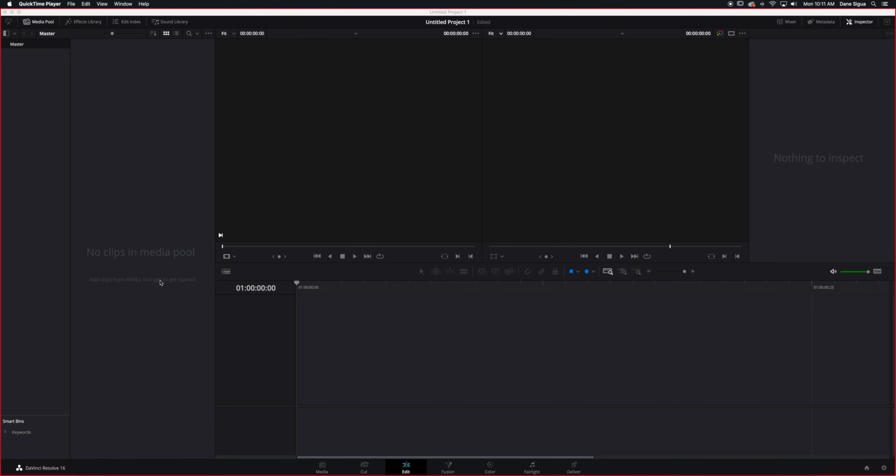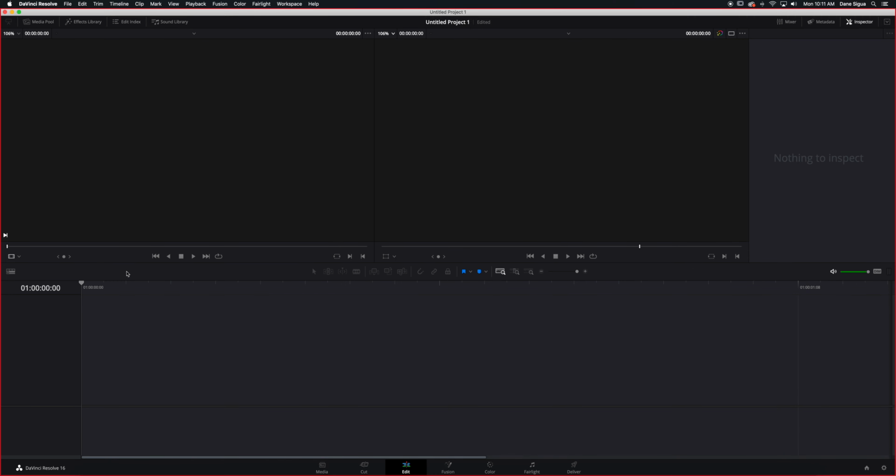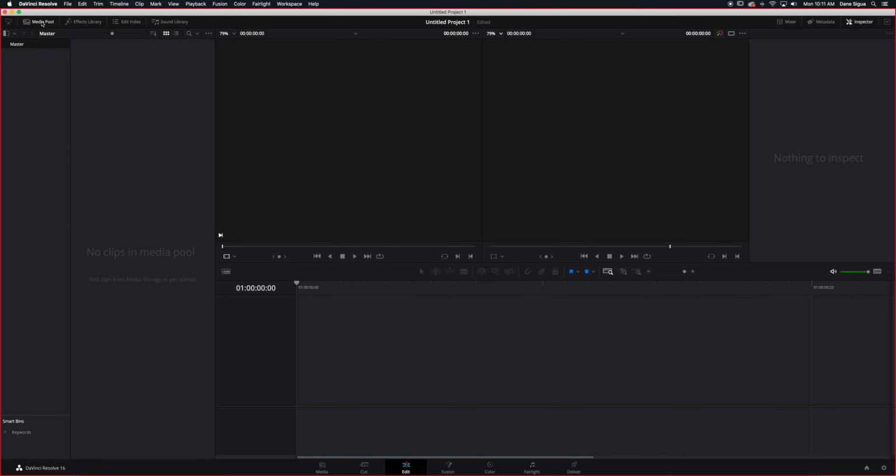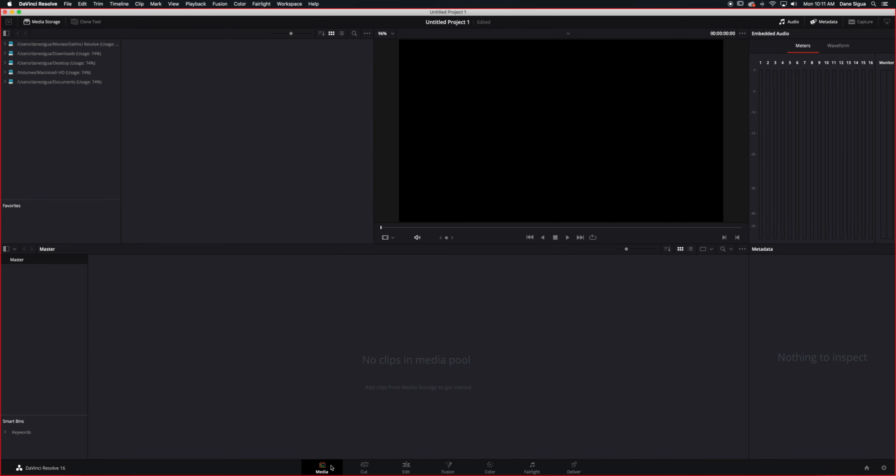Let's start with the homework file, a homework project, sorry. So I will go to my media pool and turn on my media pool, go to my media tab right here. One way to import files in DaVinci, instead of going the traditional route where you would select all your videos and then drag them to the media pool,